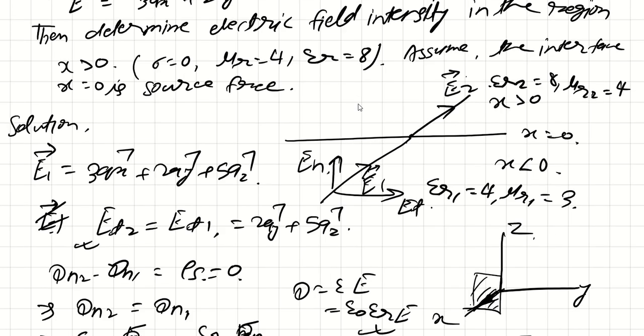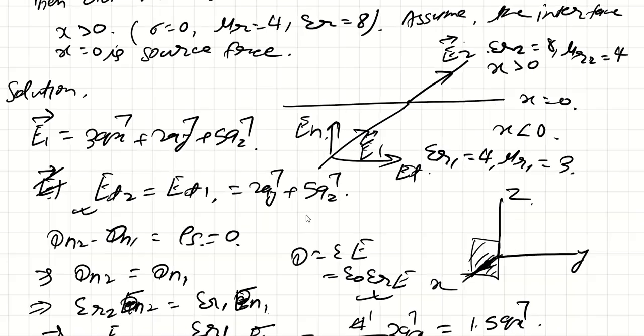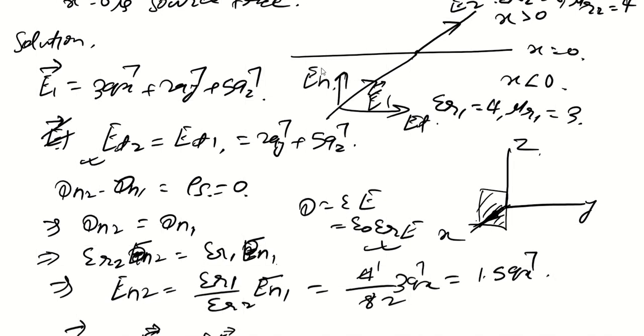So what we will try to do is, we know the relation E_t2 will be equal to E_t1. So the tangential component in medium 1 you can find out for the electric field. The tangential components will be the ay and az components, because ax is the surface which is separating the medium. So this is how I have written E_t. Now the surface which was separating it was source free. So Dn2 will be equal to Dn1.